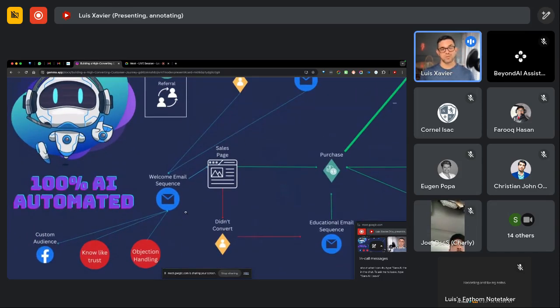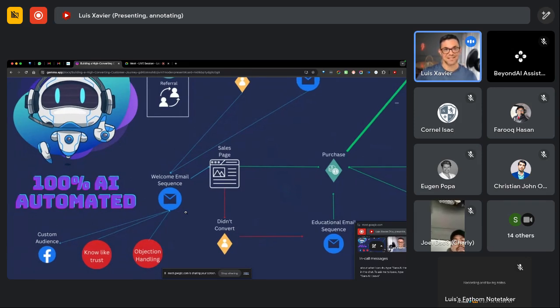The welcome email sequence arguably is the most important sequence. Why? Because it's the very first experience that the leads will have with you. It's the very first time that they read an email from you. Okay. So the welcome email sequence needs to be done in a way that is just amazing and will blow their mind, because you're going to personalize your message.